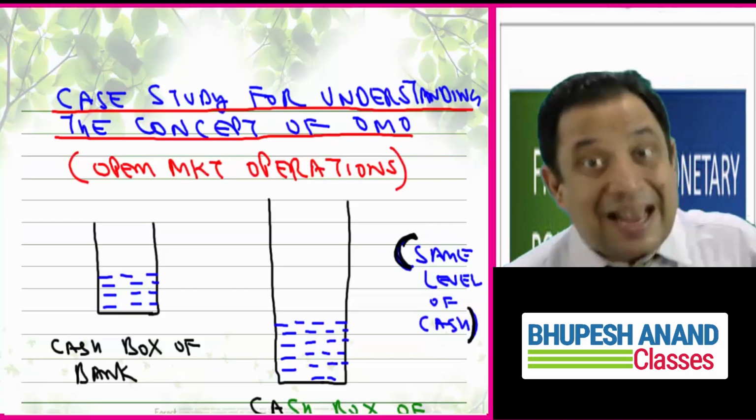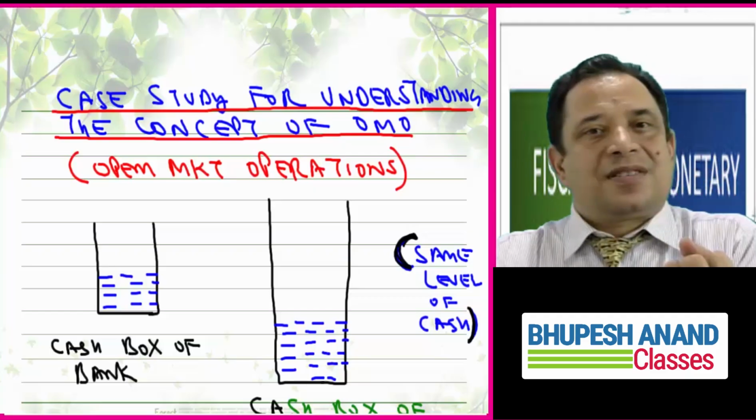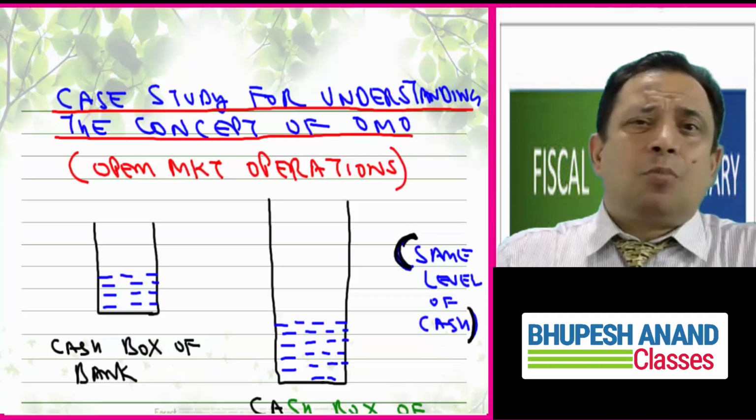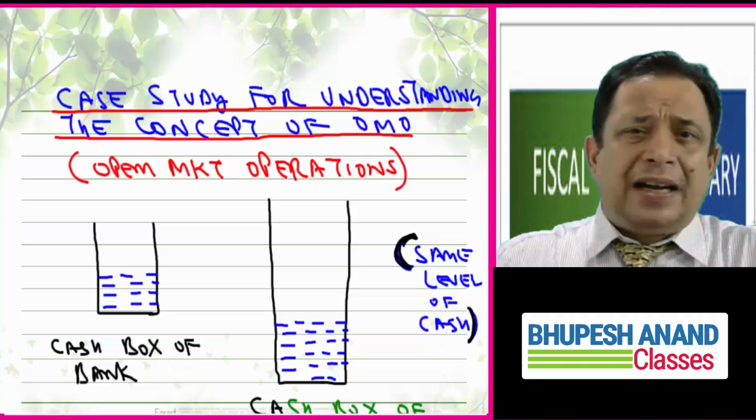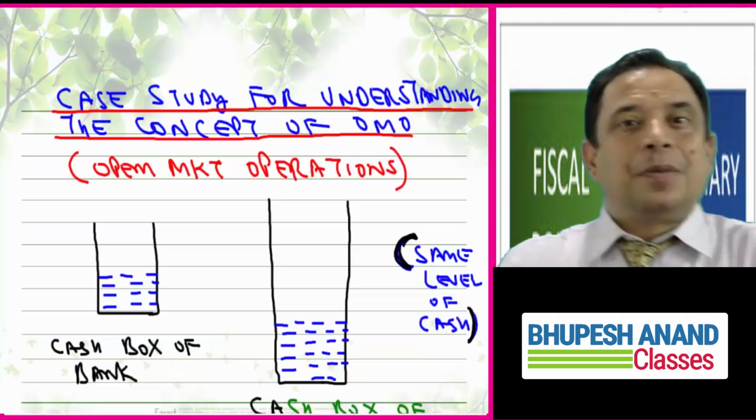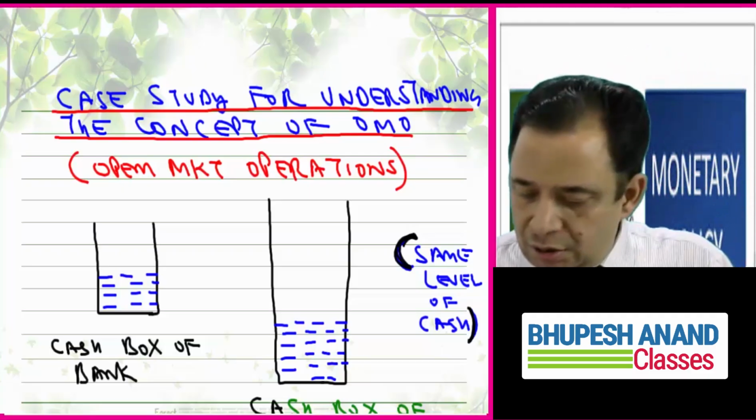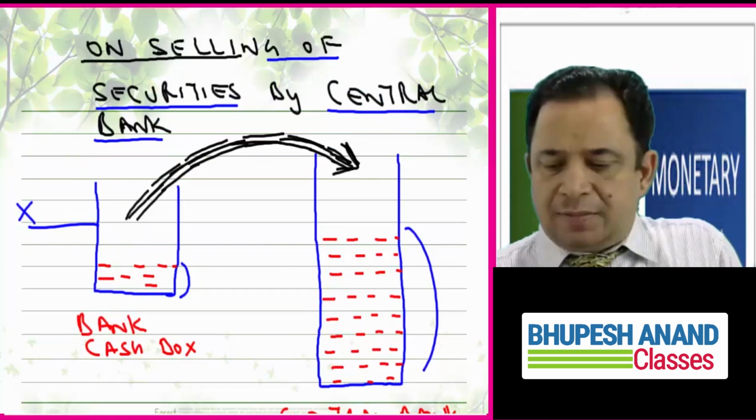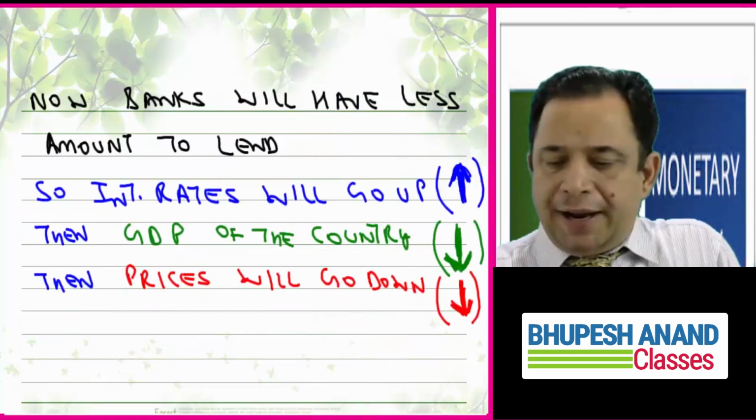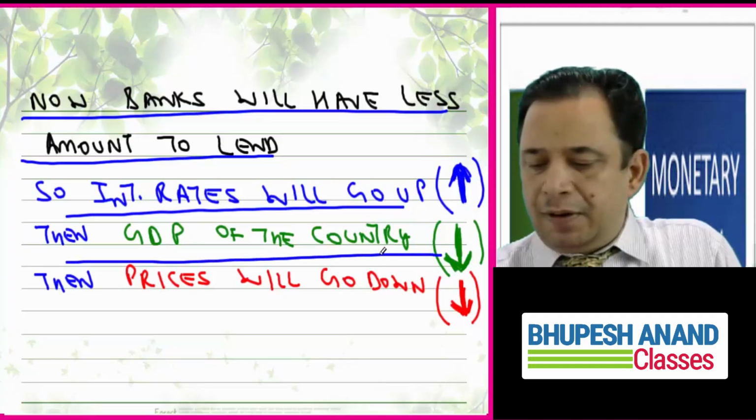So please prepare this cash box also. I'm telling you, this will help you in understanding the concepts, because the more the diagrams, the more the flow charts, the more the highlighters, the higher the passing percentage, because the understanding ratio will be higher. So like this, on selling of securities by the central bank, we have discussed that banks will now have less amount to lend, so the interest rate will go up, GDP will go down, prices will